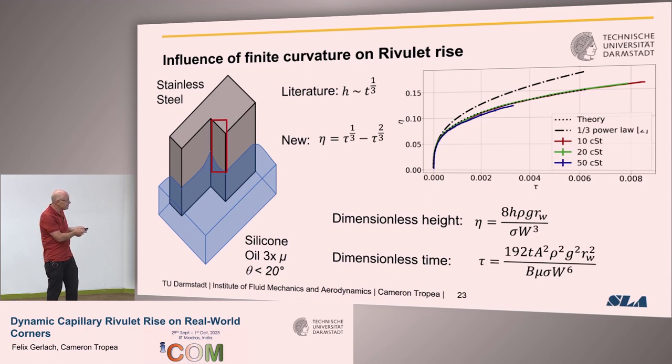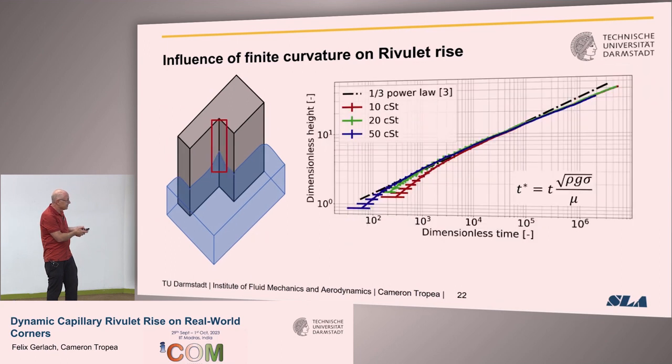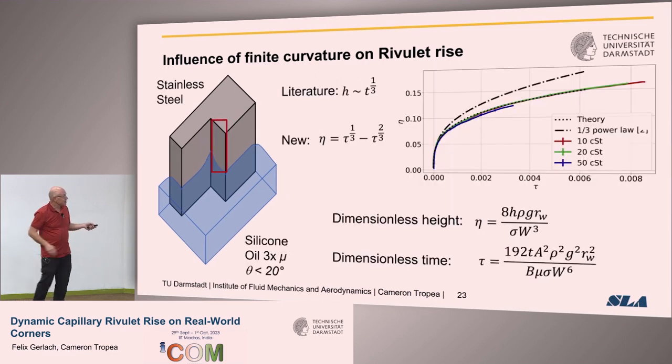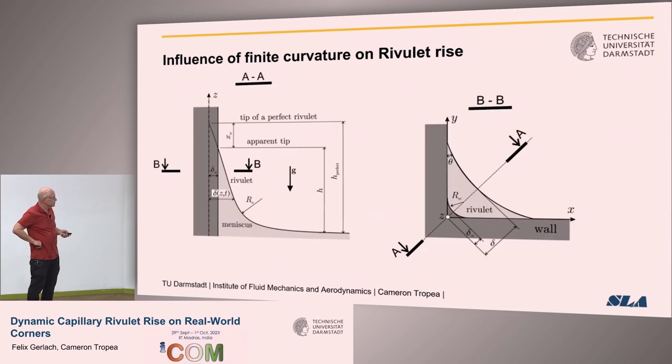So this is the 1/3 law, and this is now dimensionless time. And this part here, dimensionless time, up to this point here. So we're looking at really long times now in this picture. And our new theory agrees fairly well with everything we've measured up to now. And it looks a little bit complicated, but I can assure you that it's